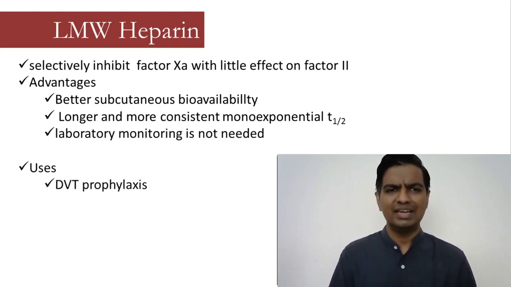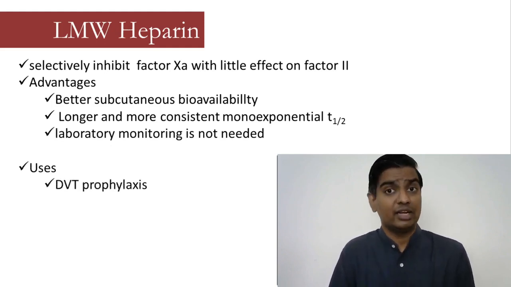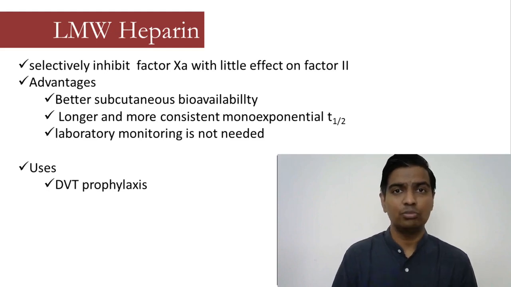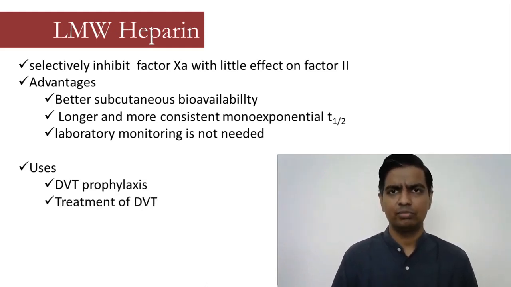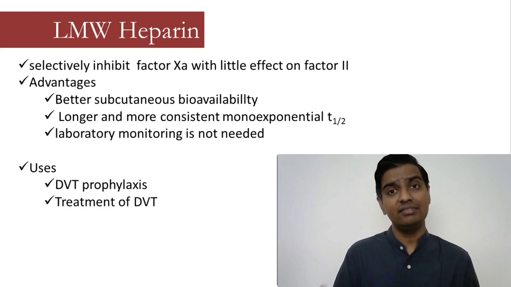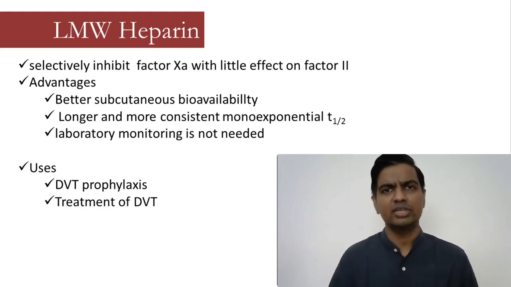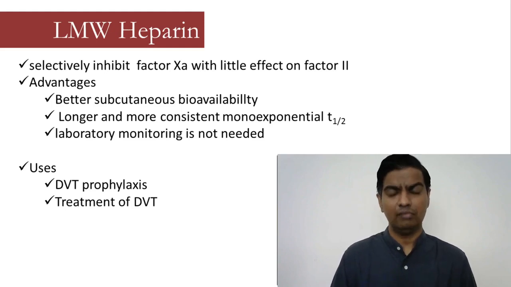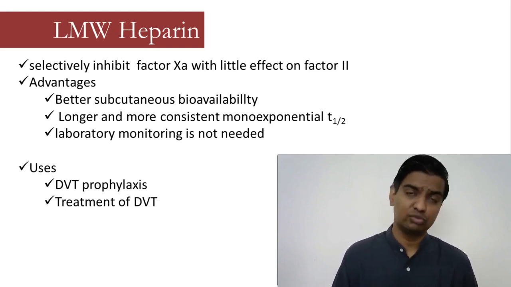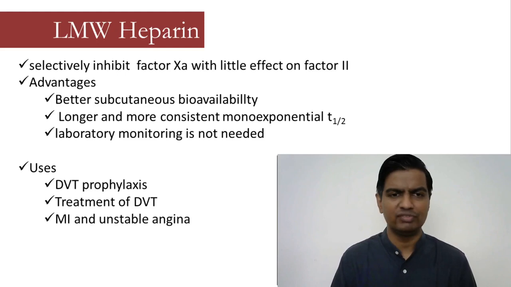So where will you use LMW heparin? Wherever you are expecting clots, like deep vein thrombosis. So somebody has undergone a surgery, somebody had a major accident and is bedridden. You expect clots to happen in the legs, deep vein thrombosis. There you give prophylactic LMW heparin. And even if heparin is given after the clot is formed, it's still okay. New clot will not be formed. So it will really be helpful if you give it as prophylaxis and also in the treatment of DVT.